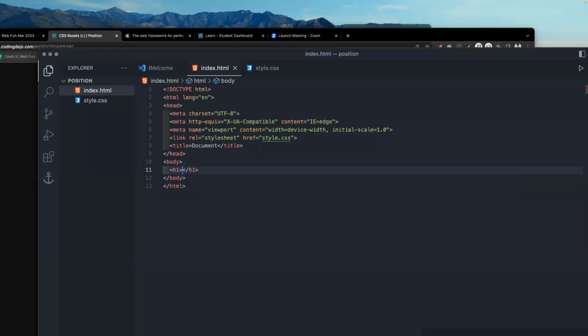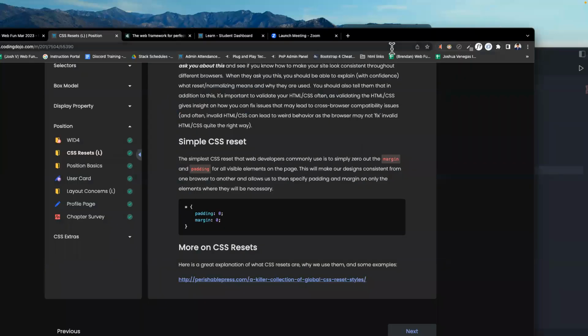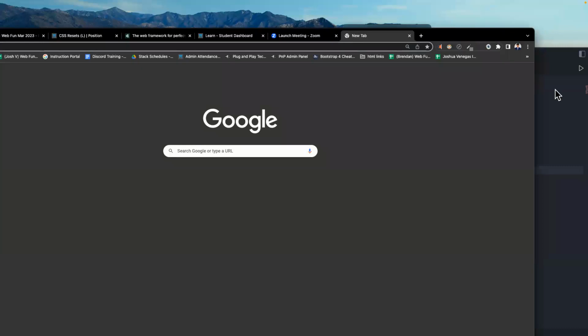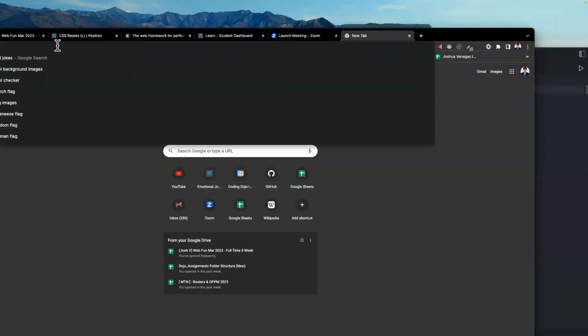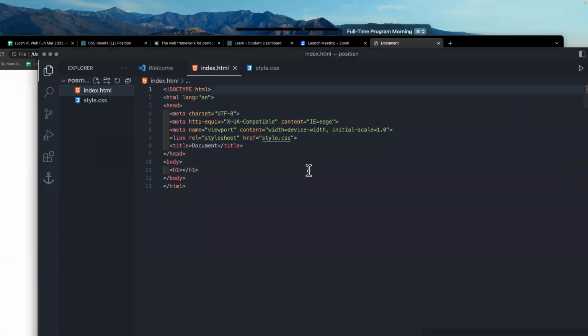I give an H1 here. You guys have seen this before. Copy the path in here. If I have an H1 that says hello world,